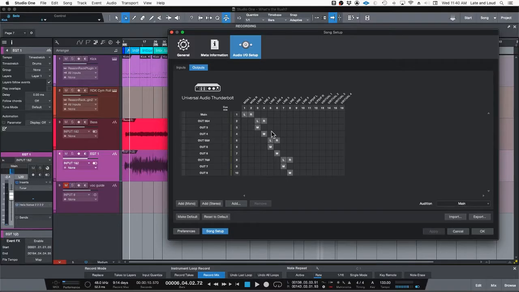But this is a matrix, and you can make these choices as you go. This is a pretty complex interface. You probably don't have an interface that is that complex. All right, I've been talking about signal path outside of your interface, coming and going, to going into it and